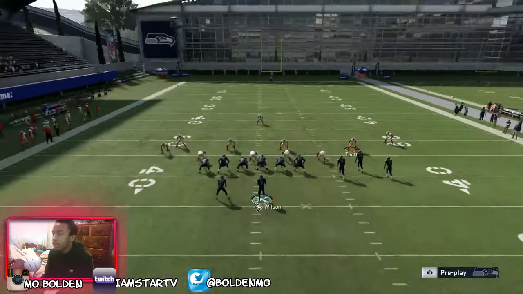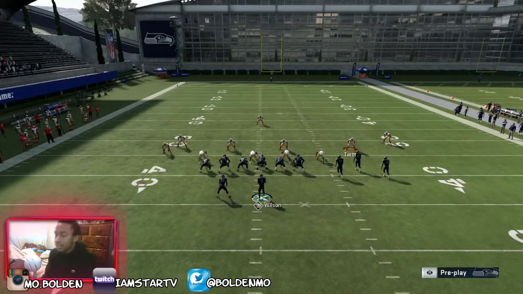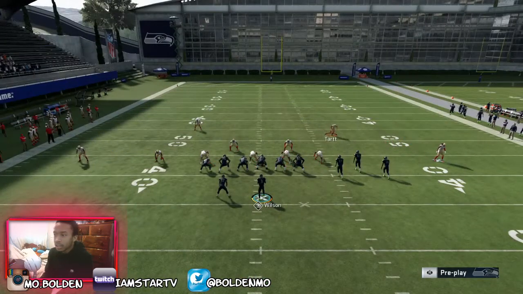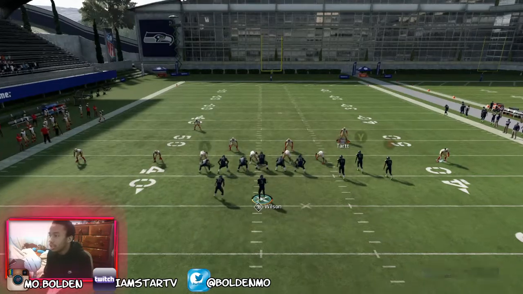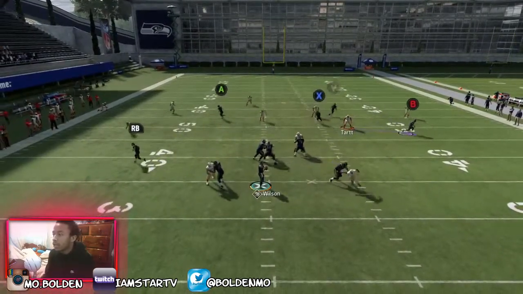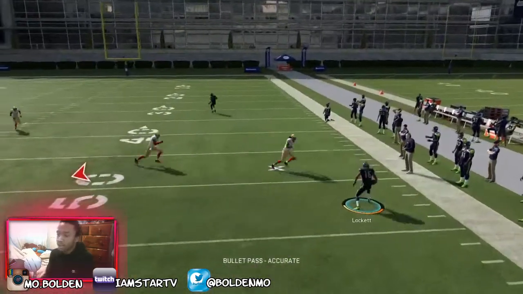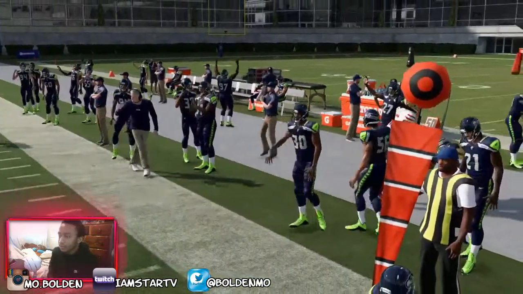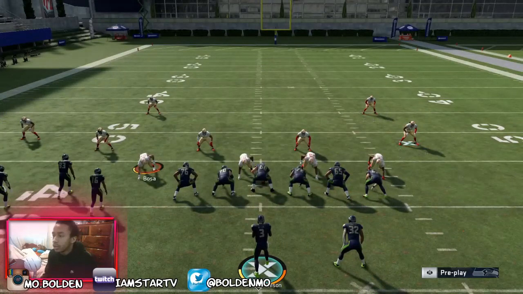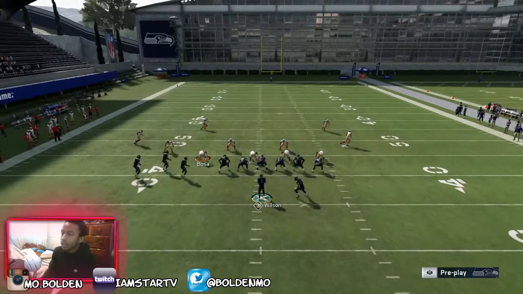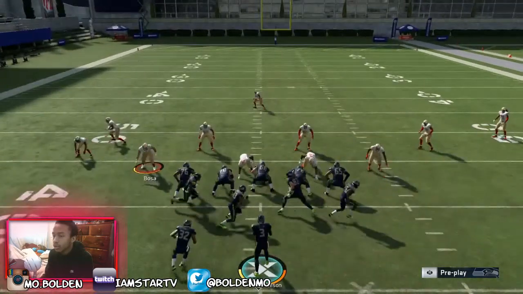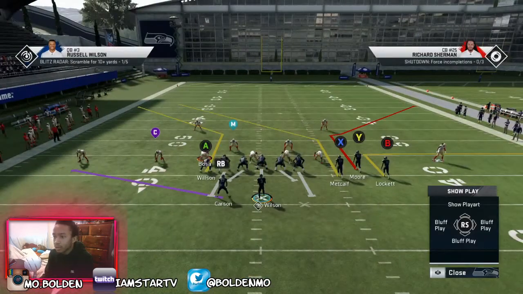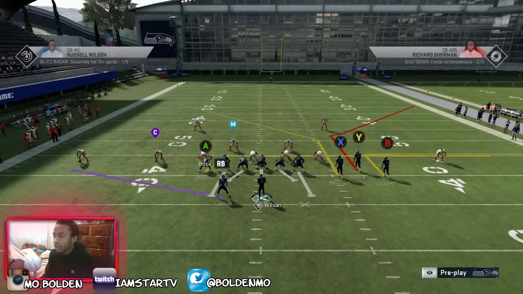Now when you come in and you talk about just running a play stock, let's say somebody comes out in a stock cover 3 and they play with purples. This is going to be really easy for you to get consistent yards. And I'm going to get off of that guy right there because I keep moving him out and forgetting, but let me get off of him real quick. You talk about running a play stock, man, it's gonna be another really simple thing to do. Even if they come out and run it with clouds, man, you can run the play pretty much exactly how it is and just drag this guy